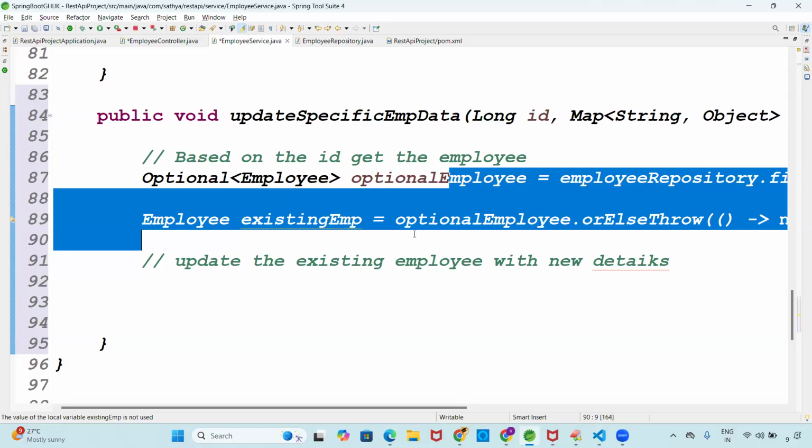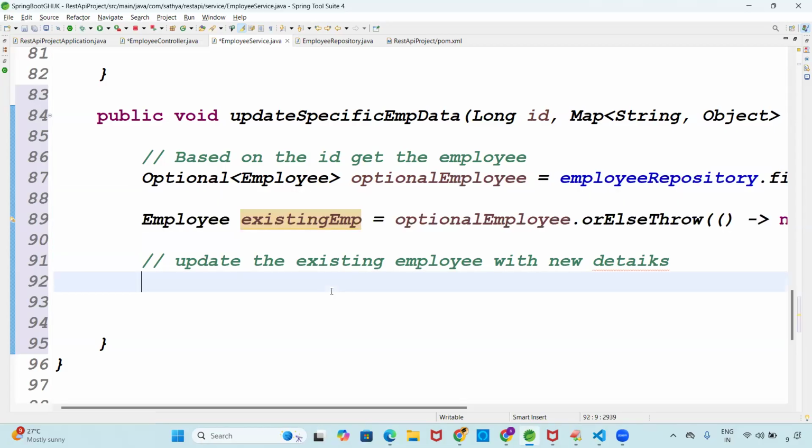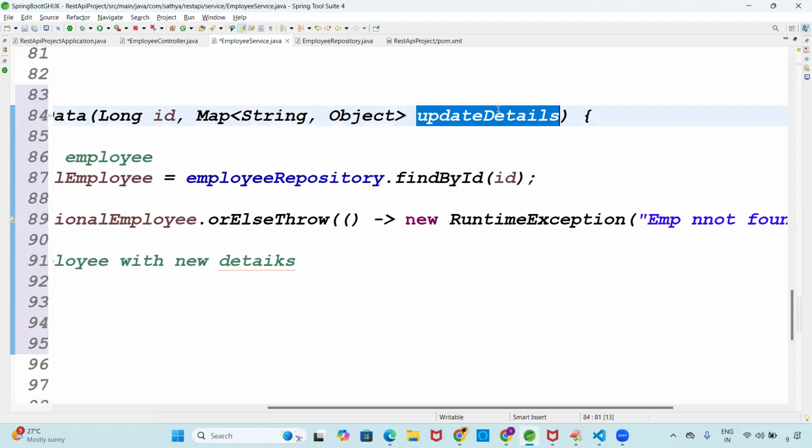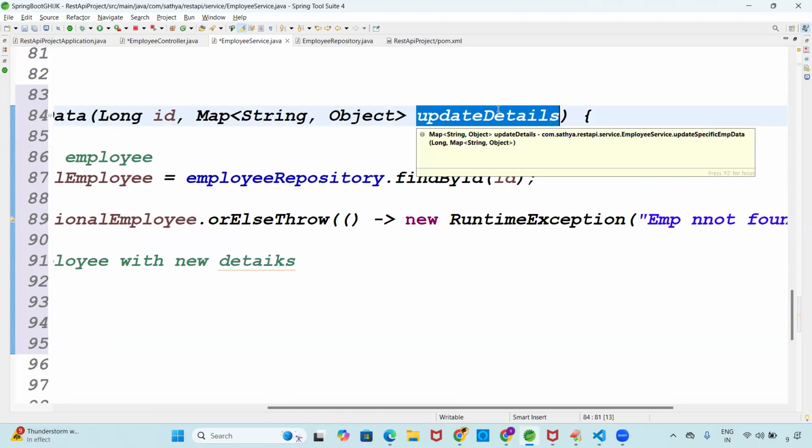Then tell me. In the morning class, employee is there. Employee contains all the properties. Then all the properties are what? Set the new details. Set what? Existing employee dot setId, setName, setSalary, and set all, we were setting in the morning class. But now